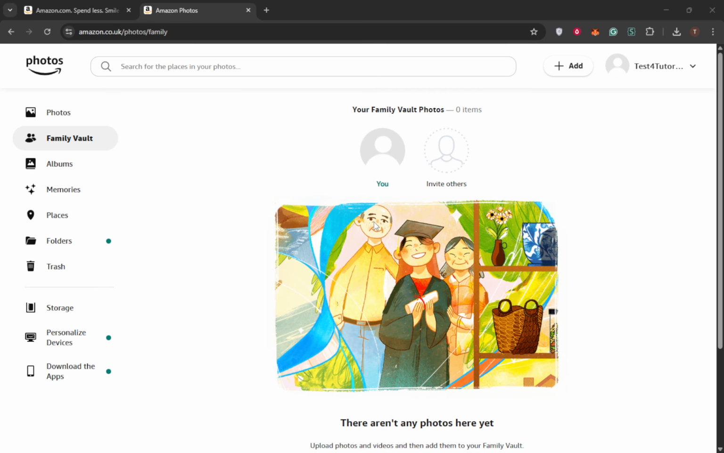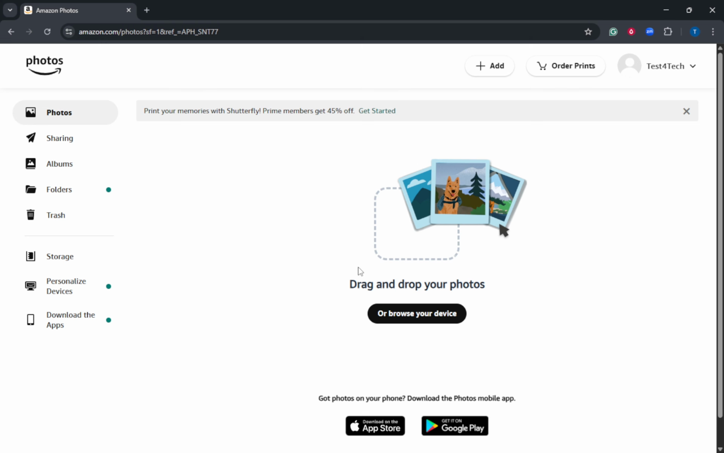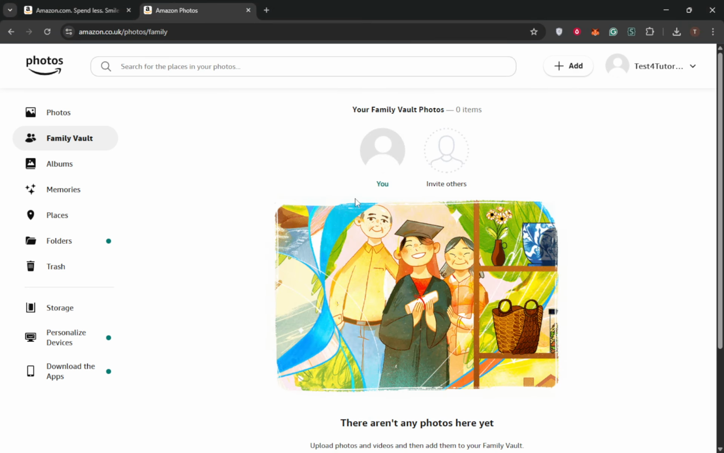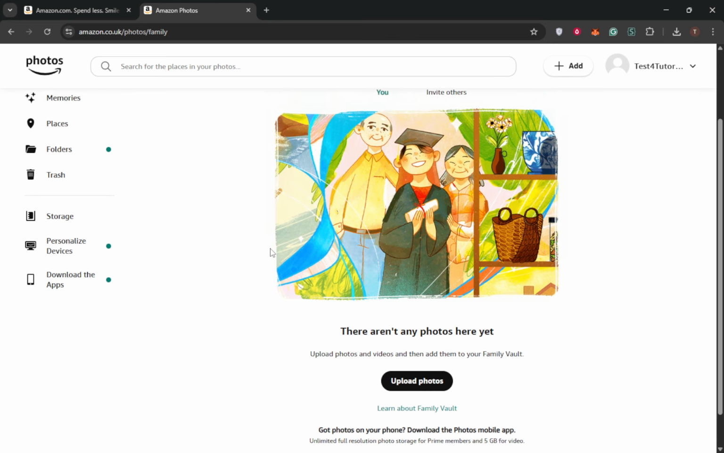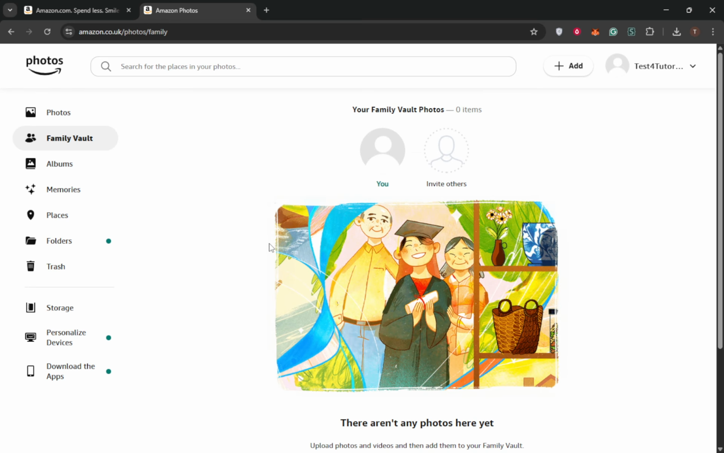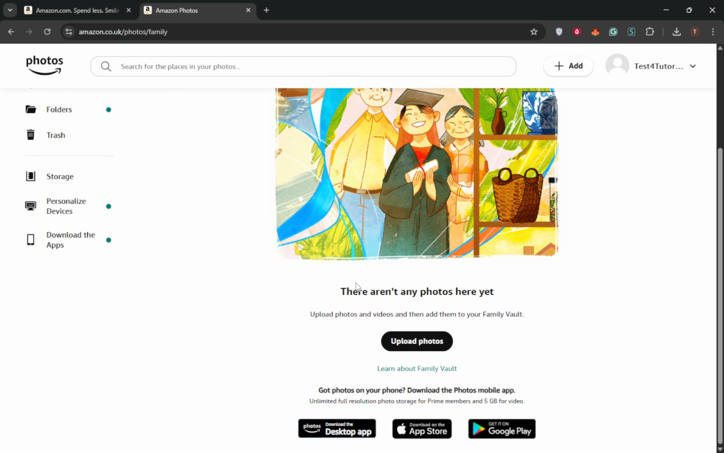If your vault is attached to a Prime membership, those members also get the benefit of unlimited photo storage for photos they keep in Amazon Photos, which makes it easy for everyone to contribute and preserve family memories without constantly watching storage limits. To upload to the Family Vault from the web, select the photos you want to share and